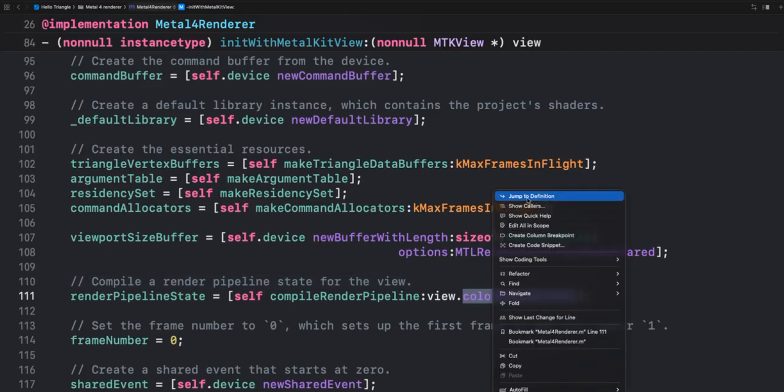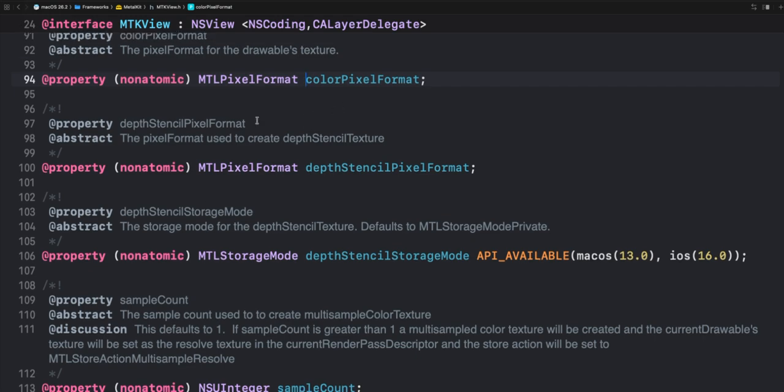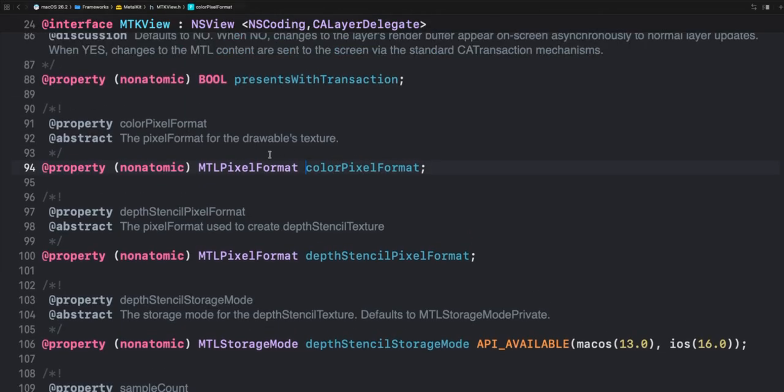So if we go to the definition of this view.color pixel format, basically we get to here, which is MTL pixel format, color pixel format, right? So color pixel property, the pixel format for the drawable's texture. Okay, I just wanted to bring it up. It's not a point of focus necessarily. This particular piece is not a point of focus for us right now,